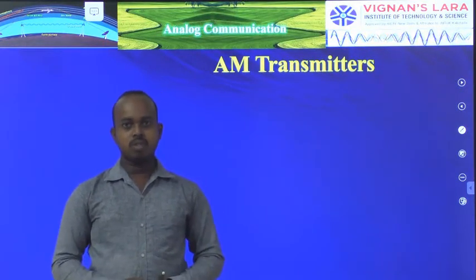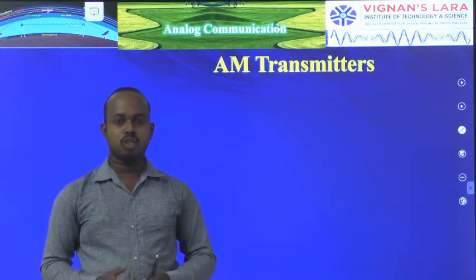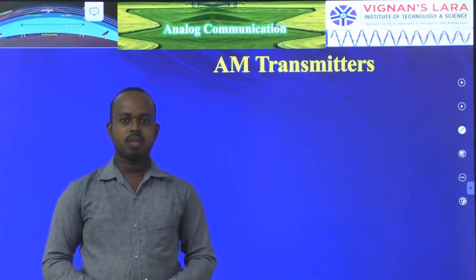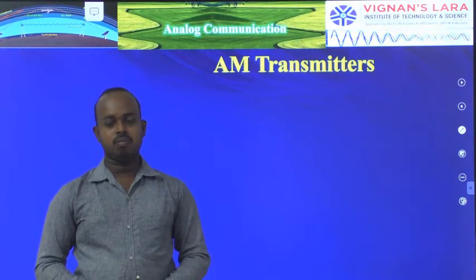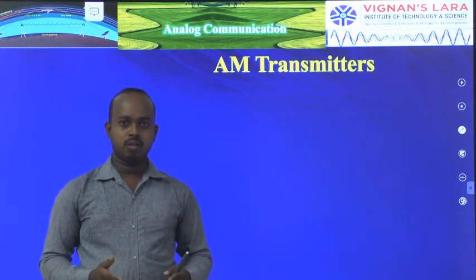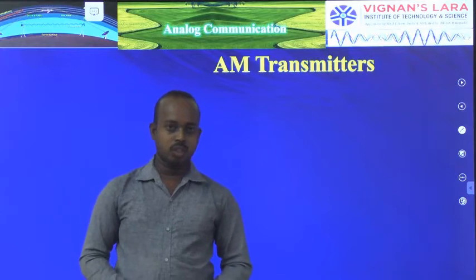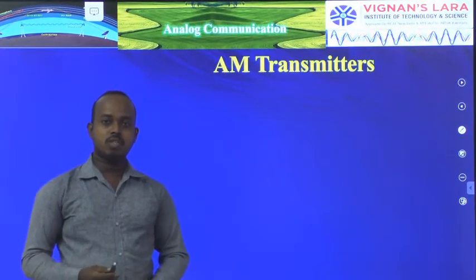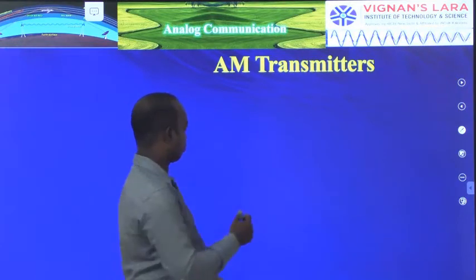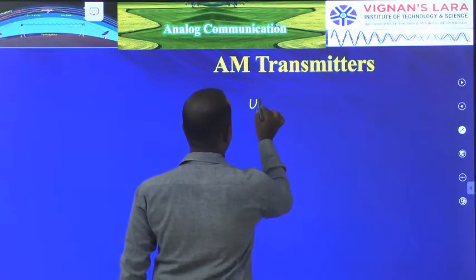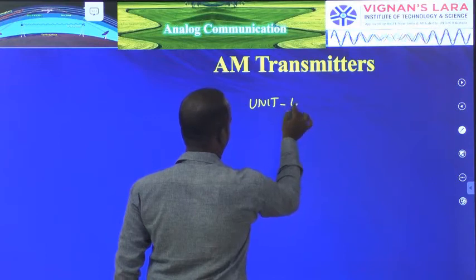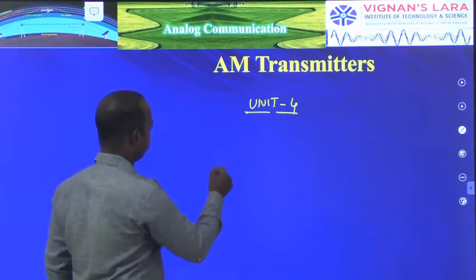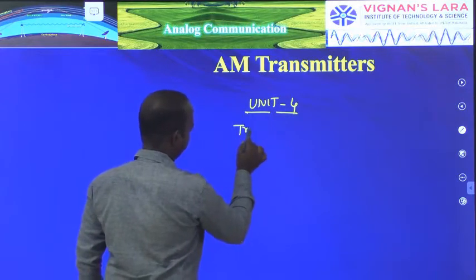We are classifying radio transmitters based on different parameters like modulation and frequency. Coming to this fourth unit, transmitters and receivers. So unit 4. In this unit 4 we are mainly discussing transmitters